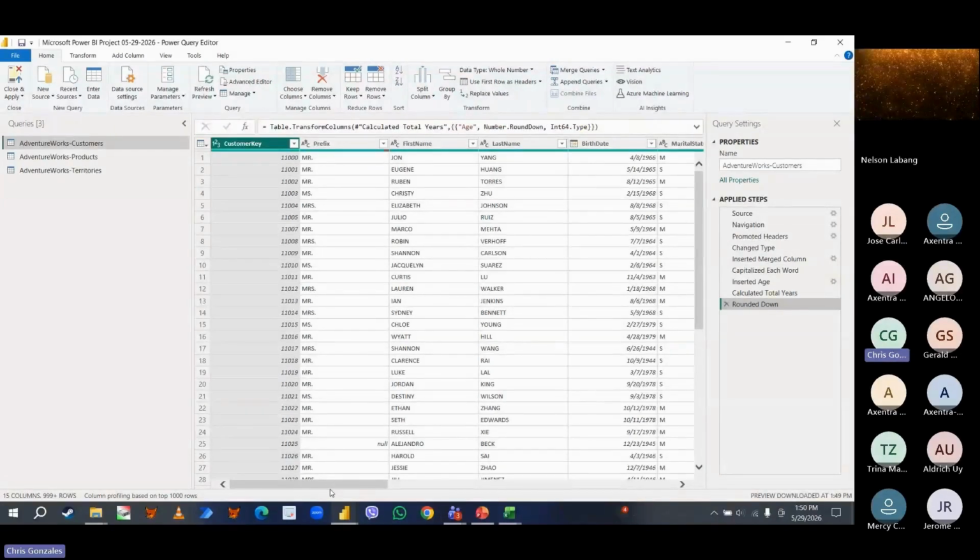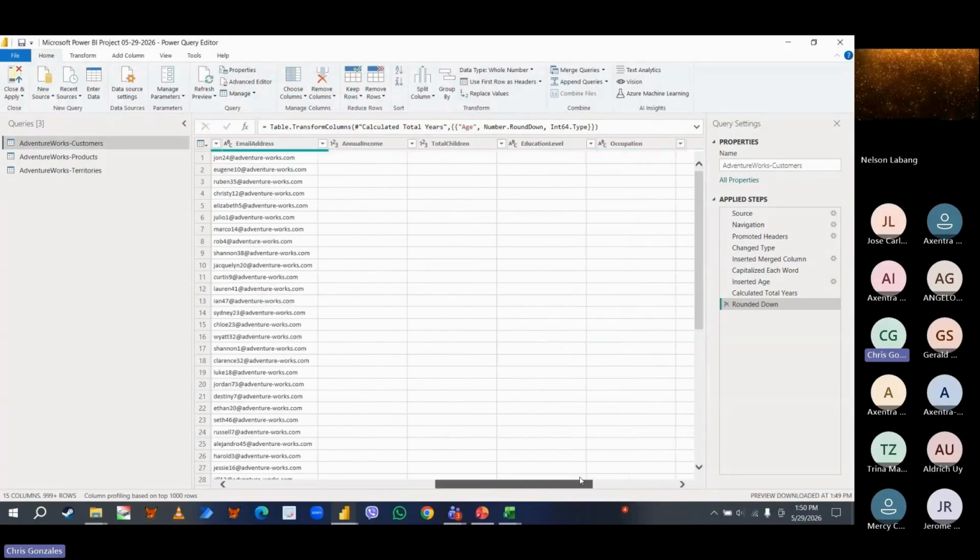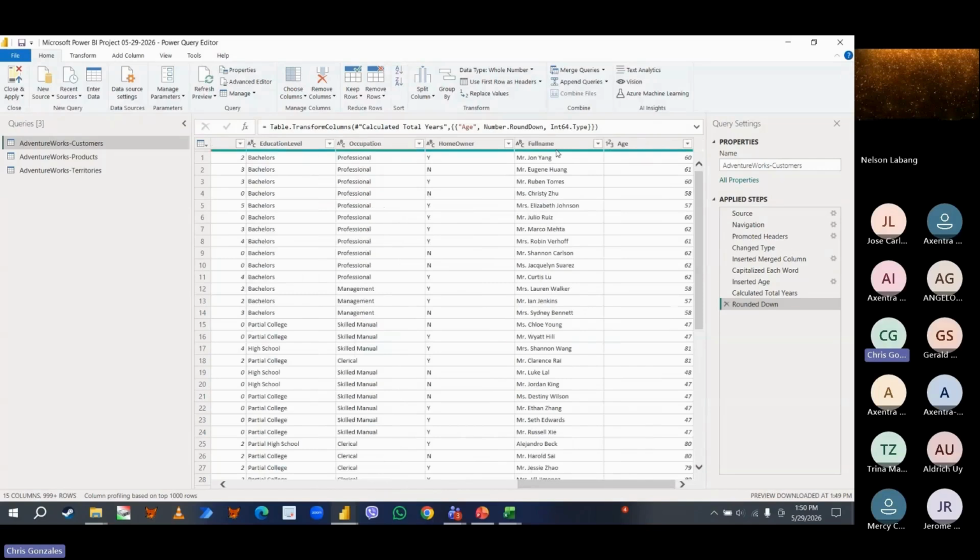Meaning, if there are new customers, all new customers will include the full name and the age column. I remember in Excel, every time there's a new set of customers, I need to drag the formula up to the last row, right? In Power BI, you just need to click the Refresh All button.